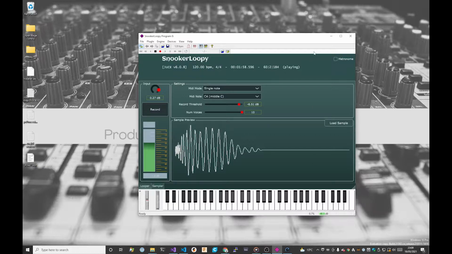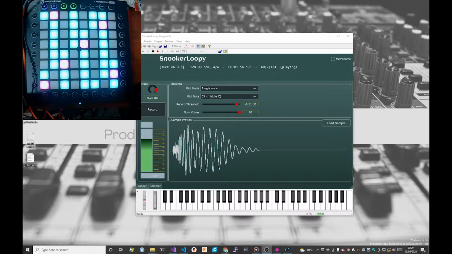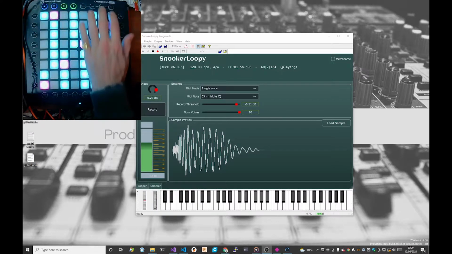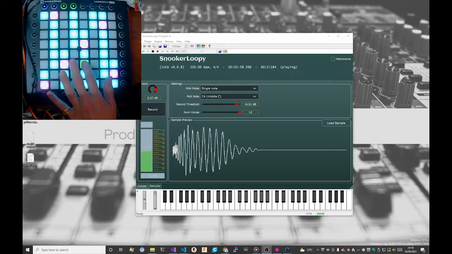The next thing I wanted to talk about was how to control this, and I've been investigating different ways of doing this. Obviously you've got mouse and stuff, which isn't very intuitive. You've got control surfaces, and I do have a launch pad here next to me. And if I put it in note mode,